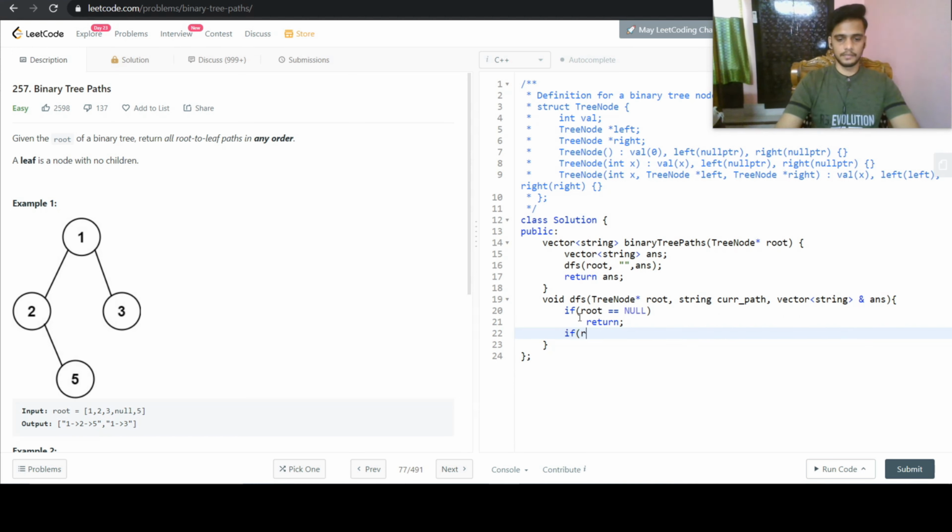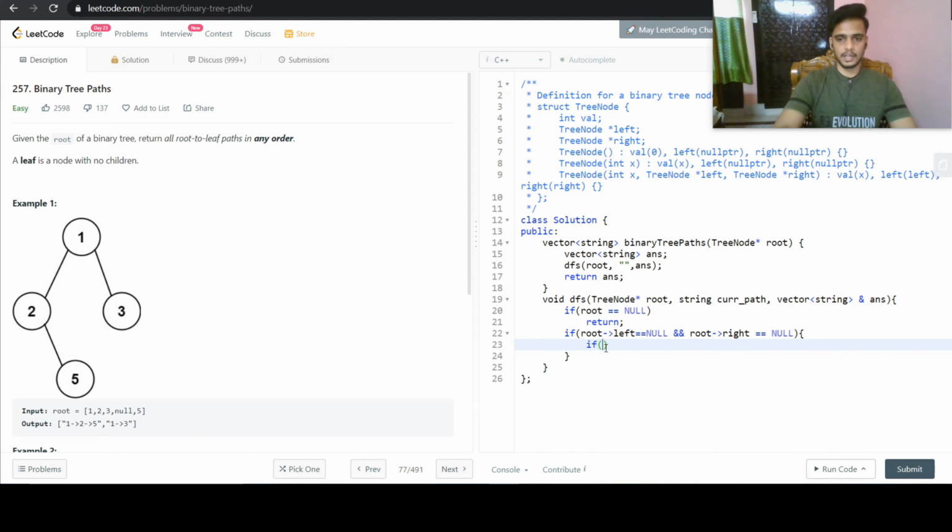Also, if the root is a leaf node, then its left value should be equals to null, and its right value also should be equals to null. And if that's the case, then we need to check whether our current path is having any string, means it is having any path or not, or is it an empty string.